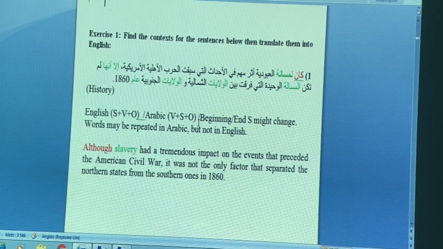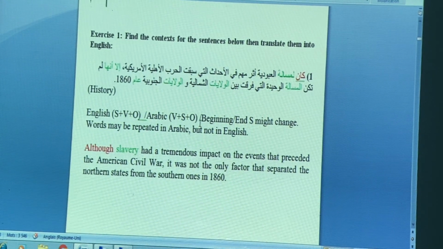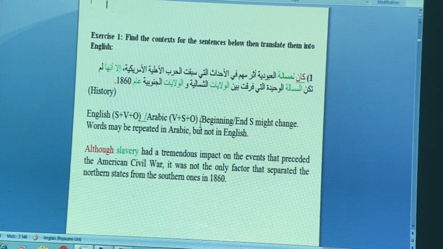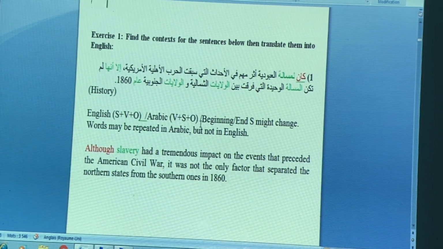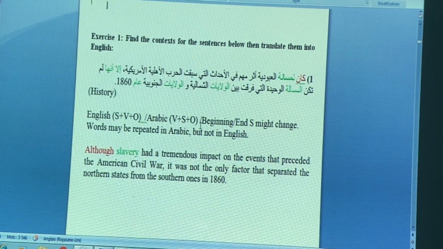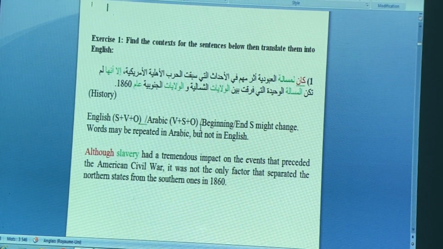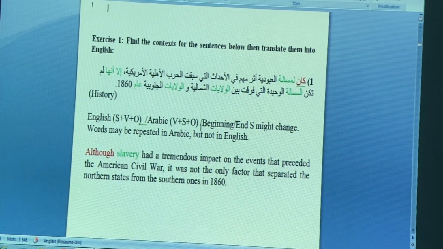When you look at this sentence, you will notice that if I ask you what is the context, you will surely tell me it is history, because it has to do with some historic events that occurred in America. And if you look carefully at the sentence, it begins with kana. English